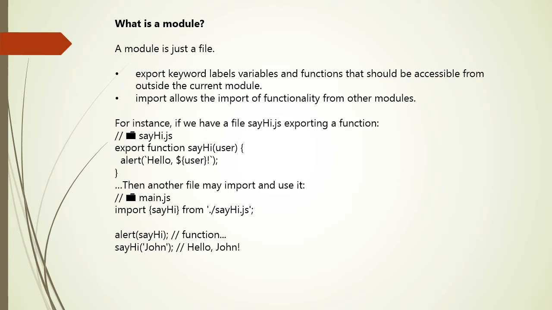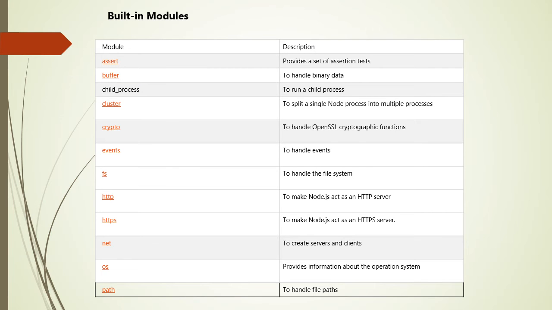As modules support special keywords and features, we must tell the browser that a script should be treated as a module by using the attribute type="module". We can consider modules to be the same as JavaScript libraries, a set of functions you want to include in your application. There are various built-in modules. Node.js has a set of built-in modules which you can use without any further installation. Here is a list of some of the built-in modules of Node.js.